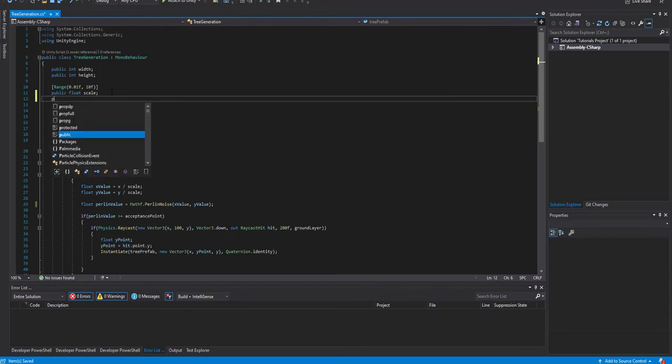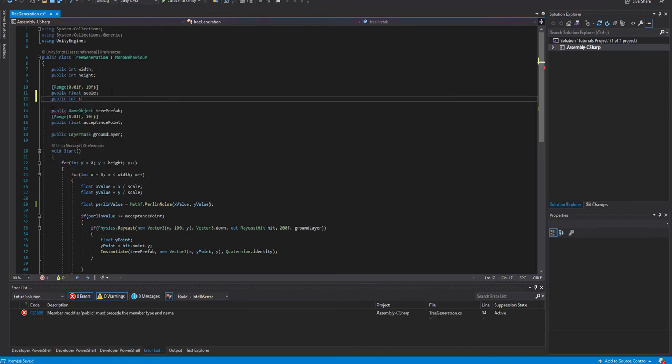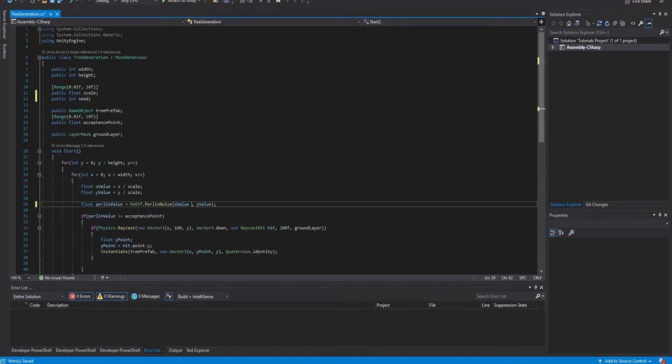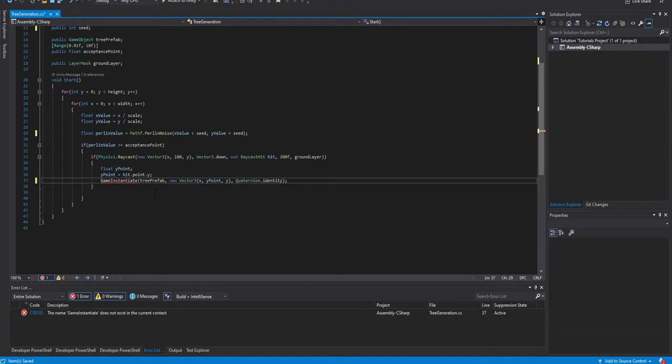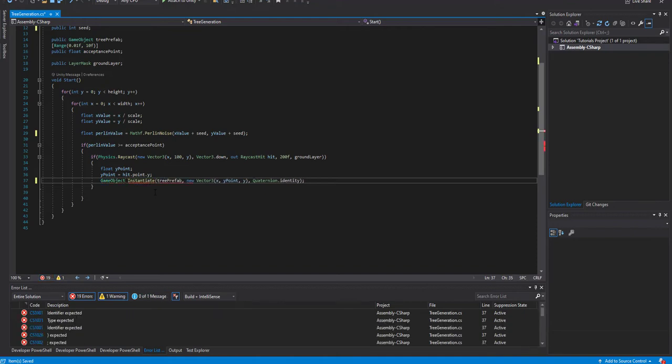Underneath scale, we're going to create a public int seed, and then when we're creating our parent value, we're going to add the seed to the x and y value. Then down here, for our instantiate, we're going to call this game object, and we're going to give it a